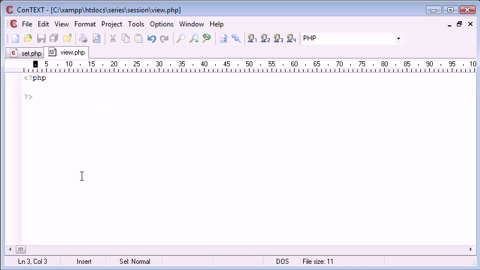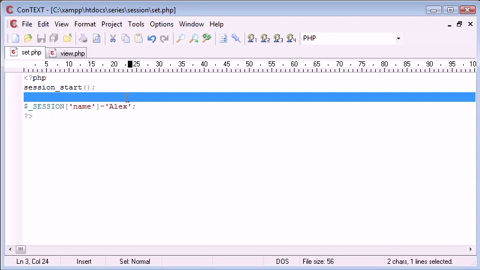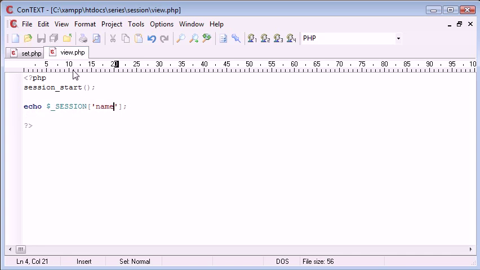So what happens on view.php when we want to return this data to the user? Now usually you would have to include set.php inside this file when we're working with variables. However, because this is session data and it's stored on the server, you don't need to. So session_start, make sure you include that even when you're reading back variables. Then we can simply echo $_SESSION['name']. And what this is going to do is take this stored variable inside this session called name, and